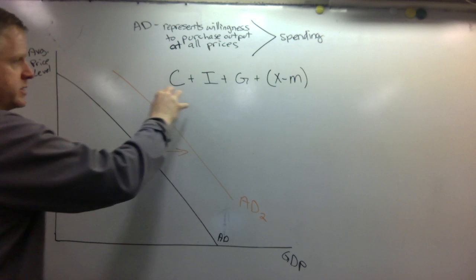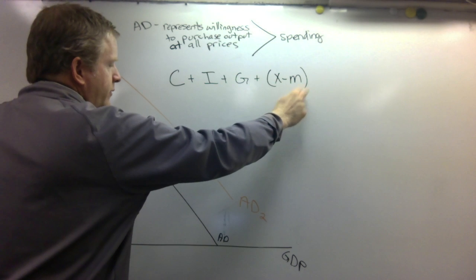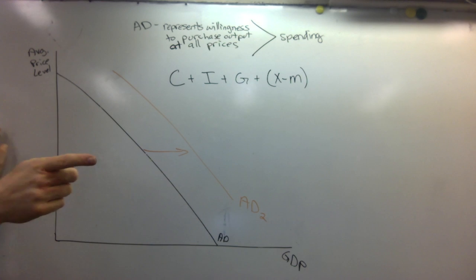And again, remember, we want to separate aggregate demand out into four different kinds of spending so that we can then figure out